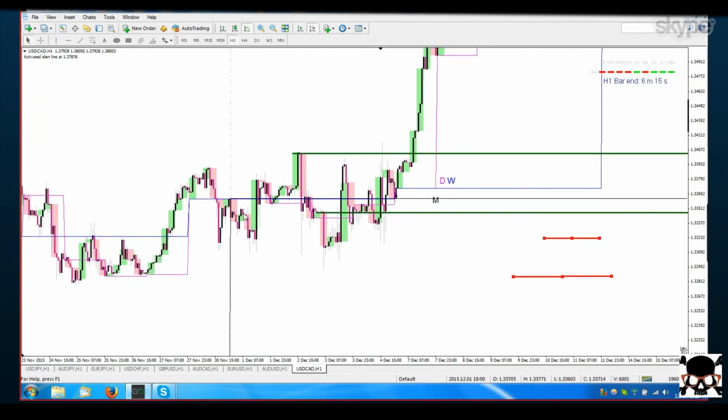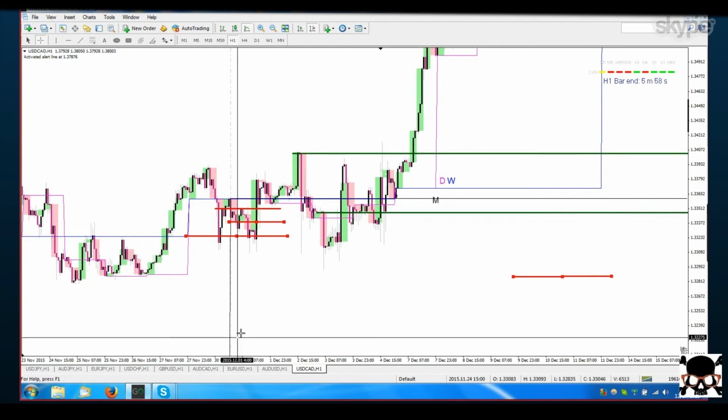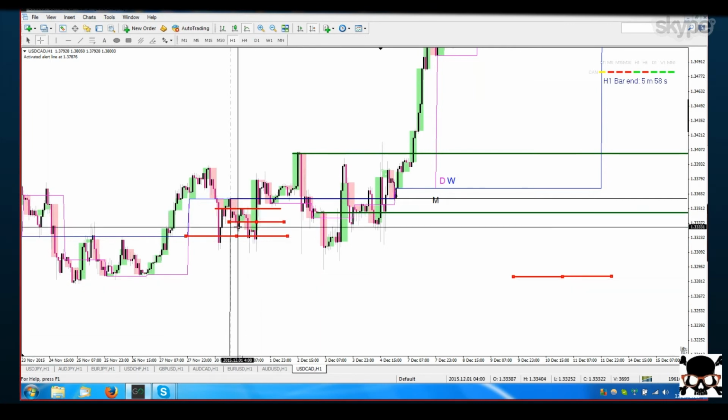So for example, there would be a perfectly reasonable setup. You've got price closing over, there's the close, you're looking to short below that, but unfortunately over here you've got previous weekly open, and essentially price moves between these lines. It goes from here to here and back, bouncing about,